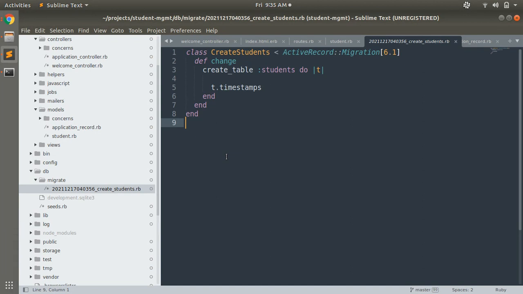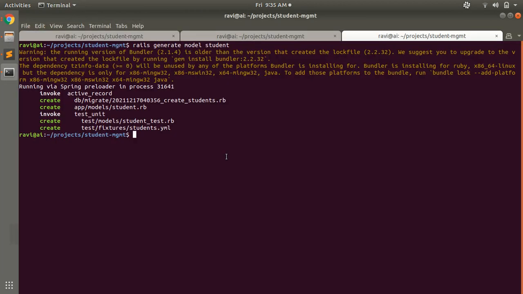Or later, if we have already run the empty migration and want to add attributes, we can run another migration for adding those attributes. Do not forget that I intentionally did not add attributes in the rails generate model command, because I wanted to show the ways we can add attributes to the model.